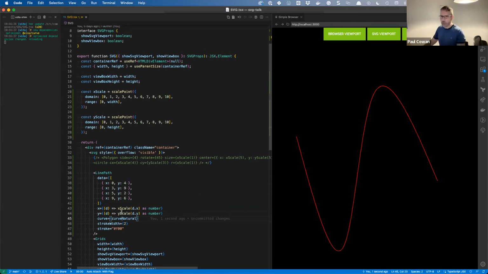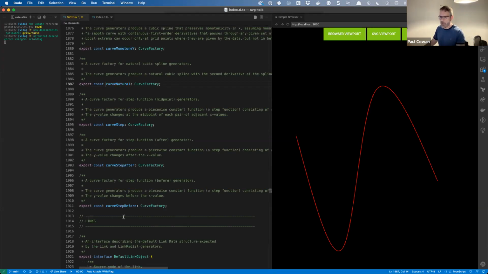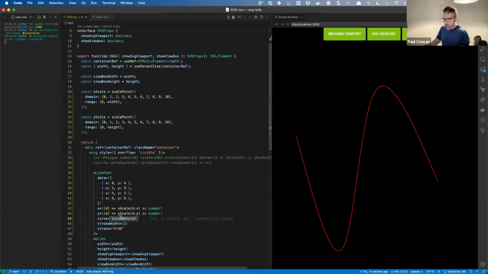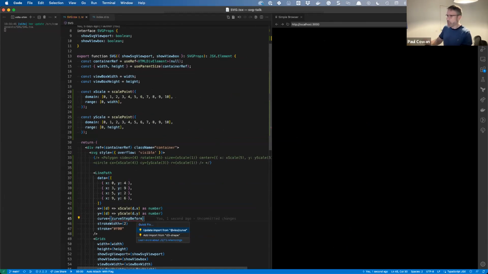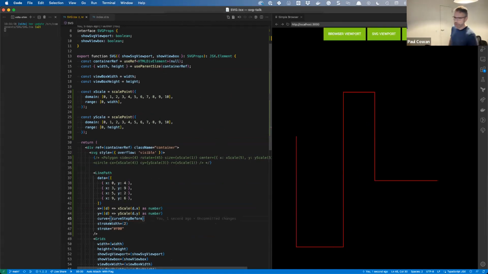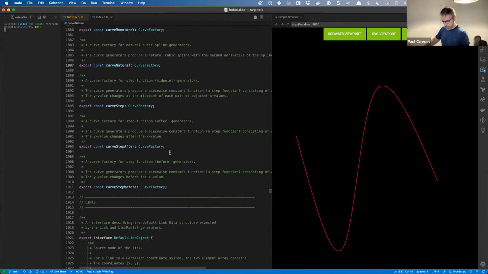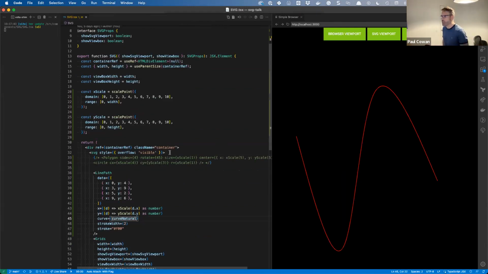And with that curve property, we can describe how we want the lines to be joined up. So that's a curve natural. There are several of these. This one, I would say, is actually going beyond. This isn't really a curve, so I'm not sure this is quite allowed, but the point being that there are a number of ways of drawing these lines up. And you can really see why a lot of charts are built with SVGs, because their scalable nature makes them perfect for the web,